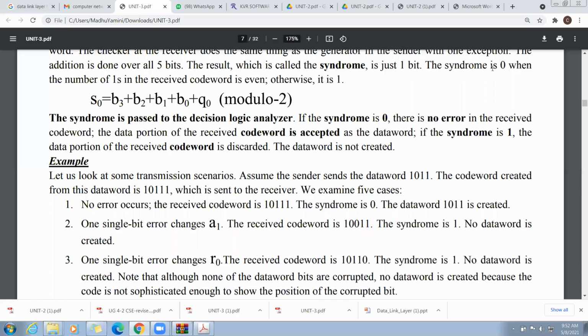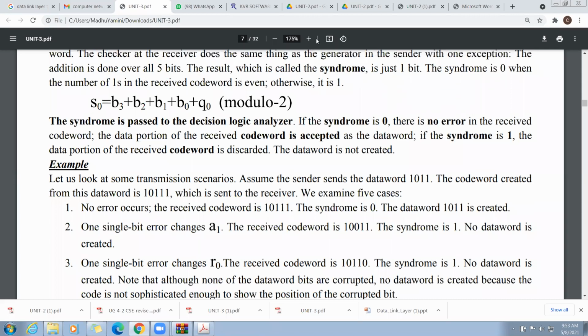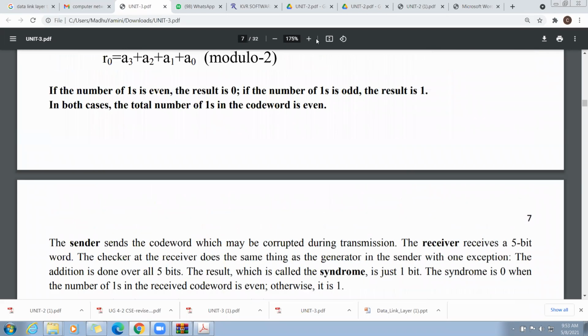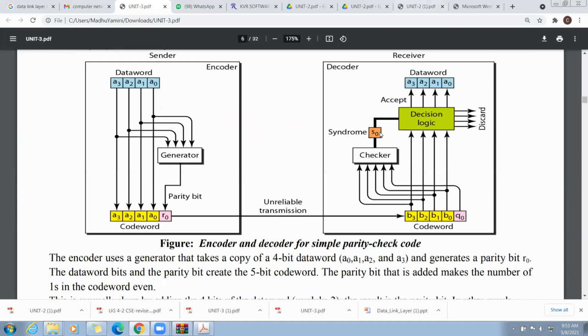If the syndrome is 0, then the number of ones in the given code word is even; otherwise it is odd. This syndrome is passed to the decision logic.